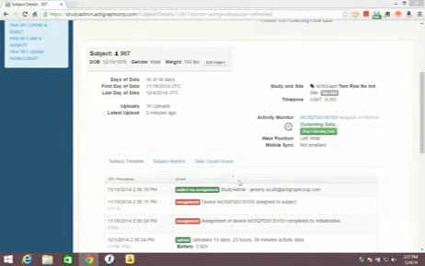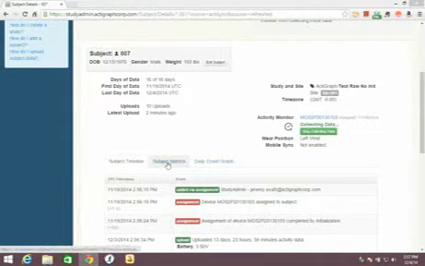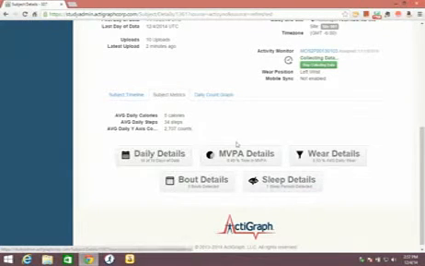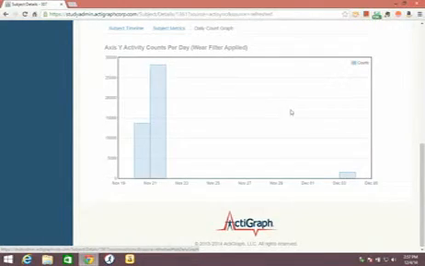So we've looked at that, and just to note, we do have options down here to look at the data. I can look at the MVPA on the subject or the daily details. I also have this daily count graph. This shows total activity counts for each day over the wear time, and it's not very interesting for this particular device. I just initialized it, so I left it on my desk for a few days just to be able